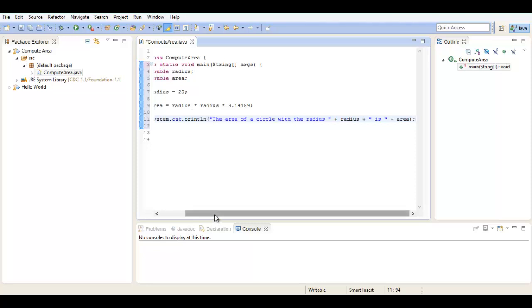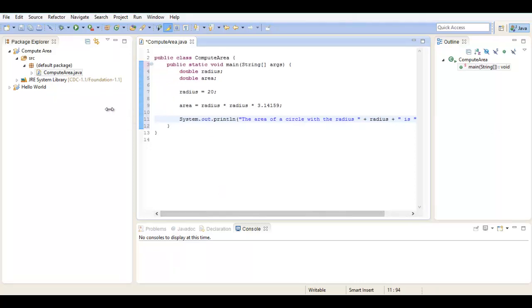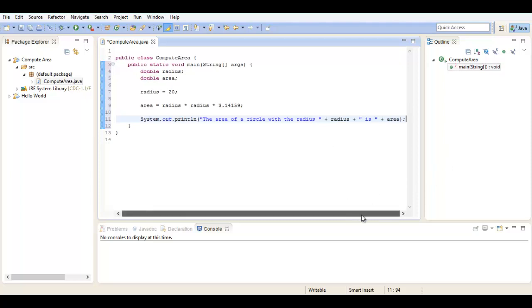Alright, so yeah, it's quite a bit of code, or not really, but new code for you. So double radius means you're declaring a variable with type double. I'll go into variable types in a second. You're also declaring your area. Right now you're setting radius, giving it the value of 20, and now area gets the value of radius times radius, which is radius squared, because if you remember, area equals pi